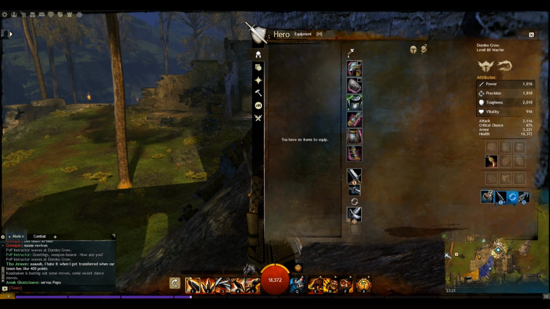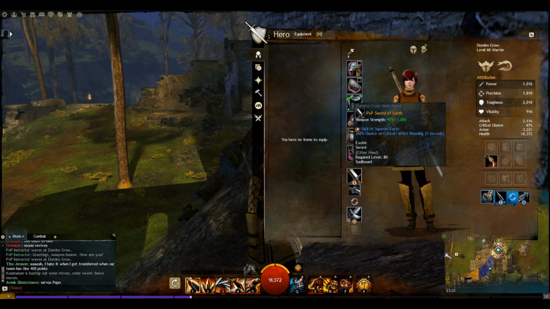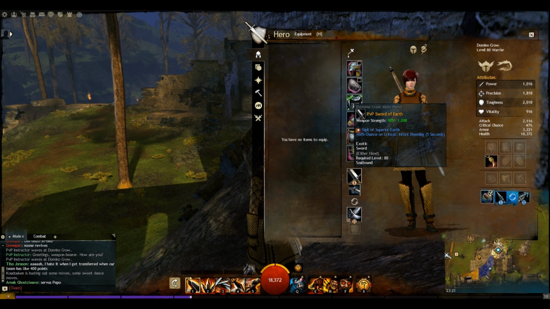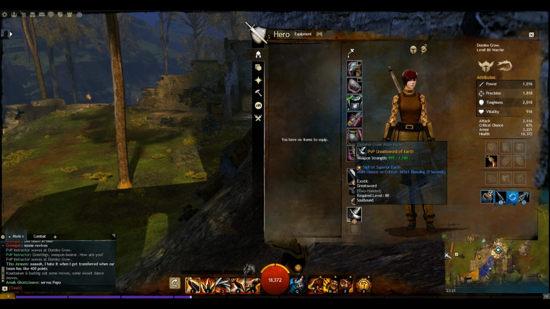As far as our armour goes, we've got one going with the Runes of the Undead. This is giving us a huge amount of condition damage. It's actually converting our toughness into condition damage as well. PvP Sword of Earth, PvP Sword of Accuracy, so we've got a bit more critical chance, and of course we want to inflict even more bleeding from that. And then we've got the Sword of Earth again for the Great Sword, that's going to give us even more